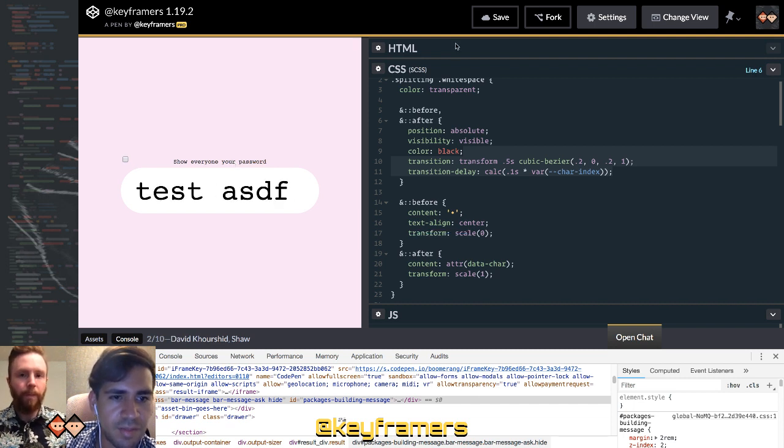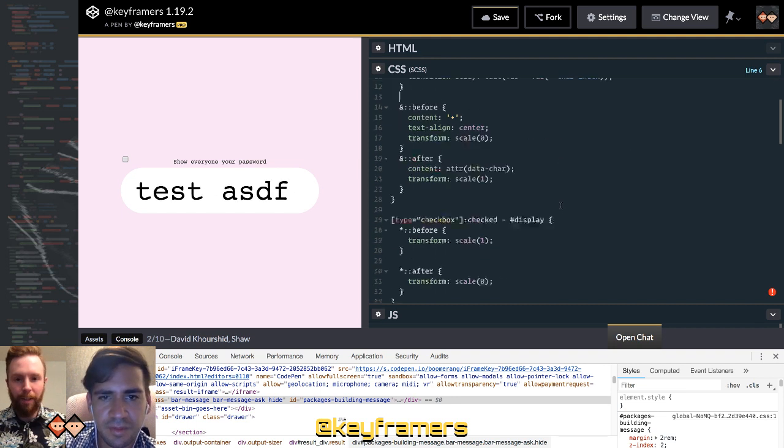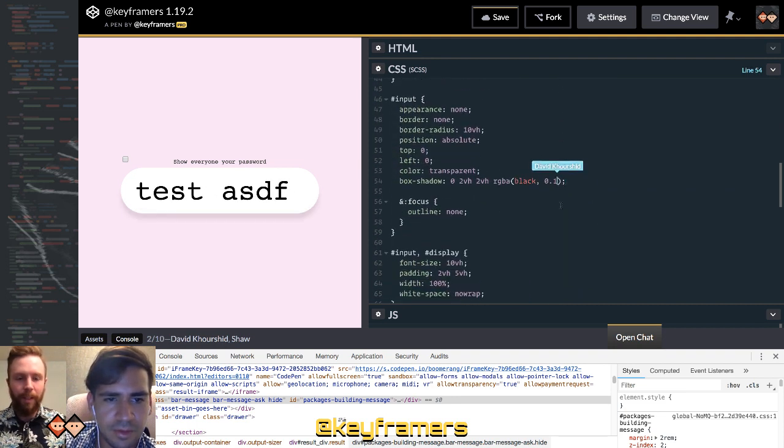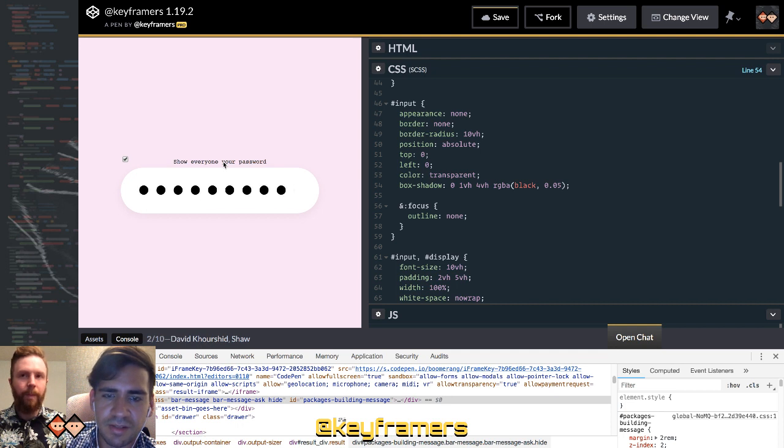Let me get a box shadow real quick. I just have to. It'd be nice to have a cursor in there as well. For box shadows, a good rule of thumb is always make it subtle. Don't try to go overboard on it because it looks pretty bad. Yes, big and subtle.